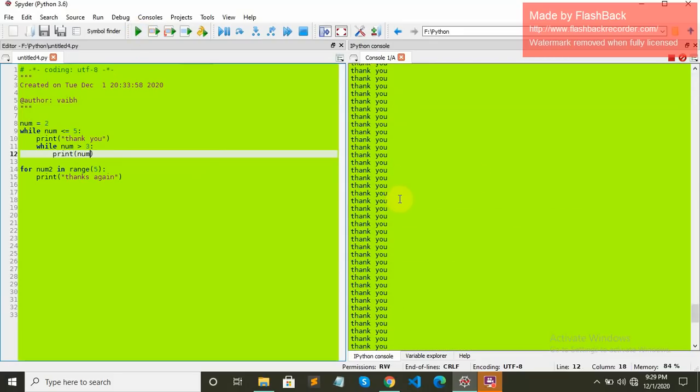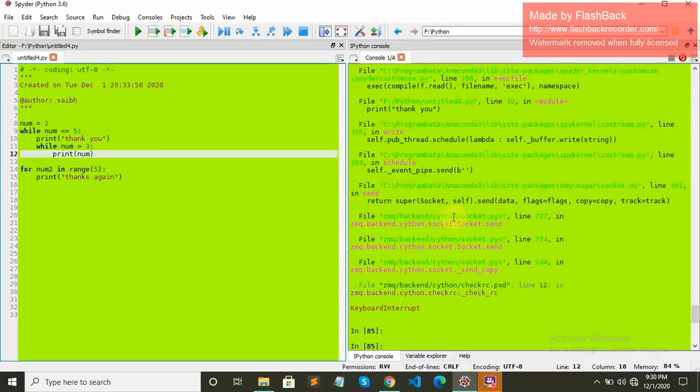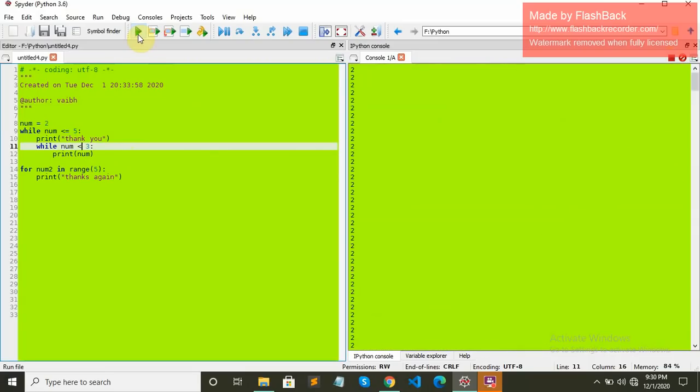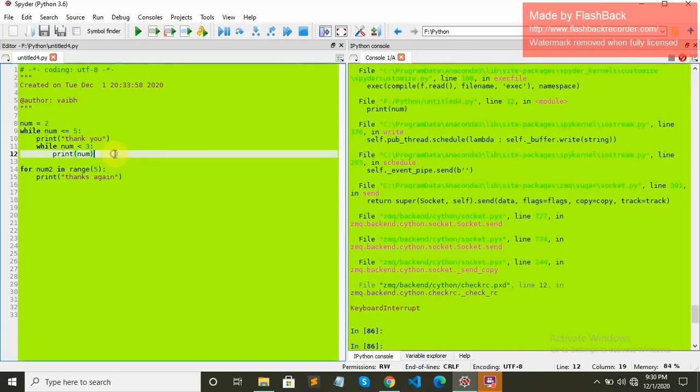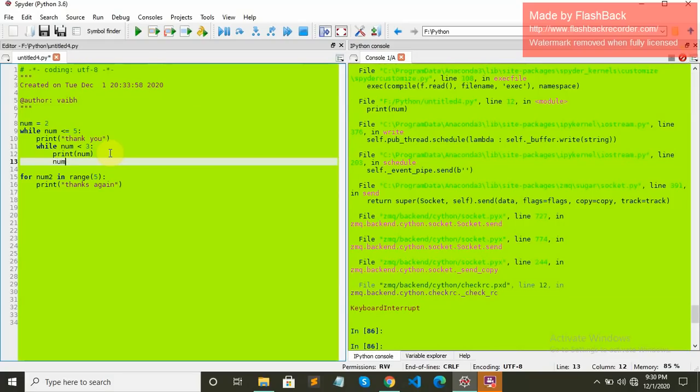You can see it is an infinite loop. Why is it an infinite loop? Because every time when the number is incrementing, it is already greater than 3. So how to make it more sound? You can put less than, then it will only execute one time, I guess. Oh, we are not incrementing the number, so it will run forever. Let me add the incrementing block. Num plus equals 1. Now let's have a look.